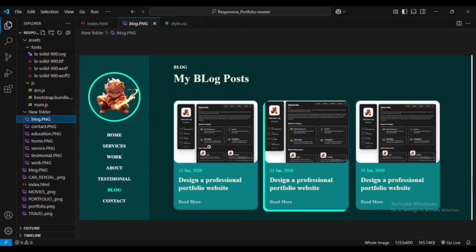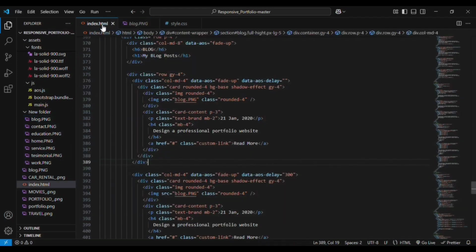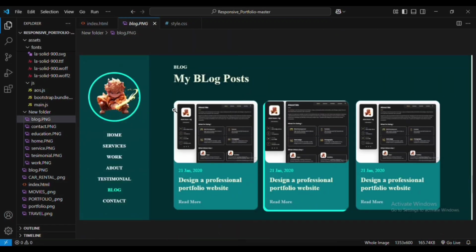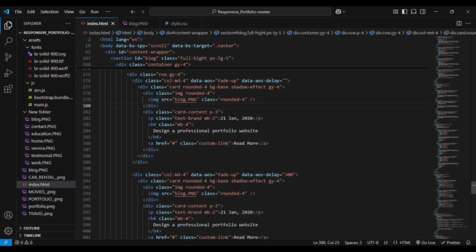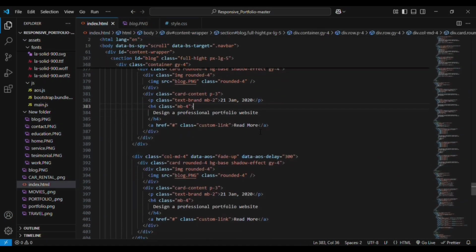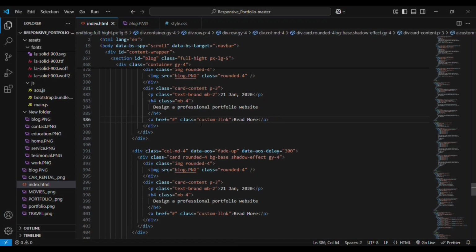Here we have the two divs. You can see here we are in the div for the image. For that we are using rounded 4, so we are getting the images with curved edges. Then you can see we have another div, that is card content div. Inside we have the text frame. Margin bottom is 2 and margin bottom is 4 for the h4 element. You can see here the heading, and below the heading element a gap of 4 rem is given, then the read more button is aligned. It is added here, and for the anchor element read more, we are adding a custom link class to it,